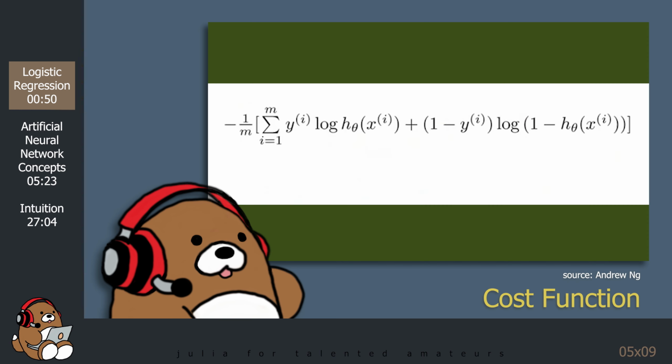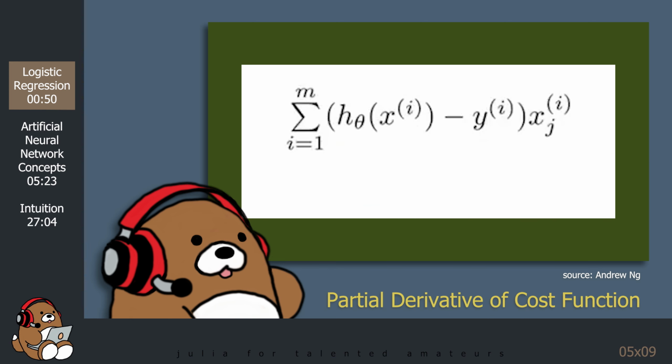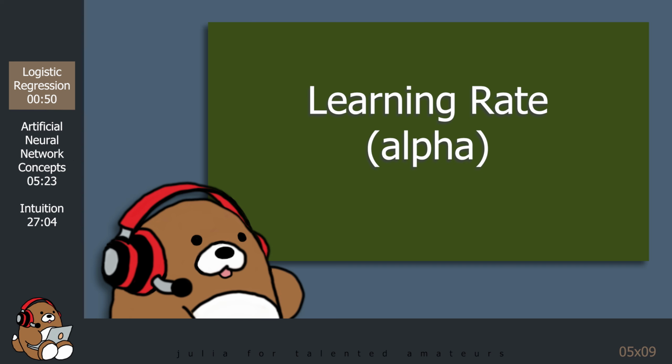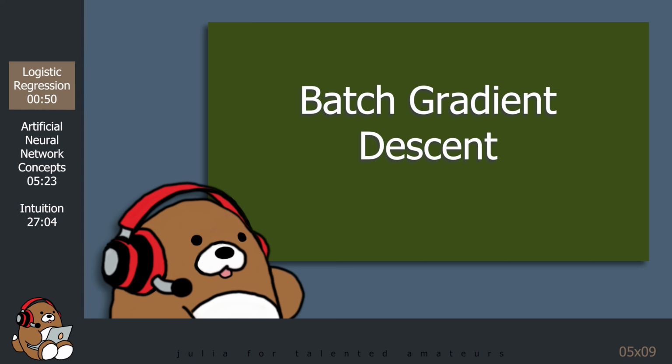In order to change the values of the parameters, we first had to define a cost function, and then come up with a method to minimize the value of that cost function. By taking the partial derivative of the cost function, we could determine both the direction and magnitude of the change required to reduce the cost. We also set a learning rate so that the changes made to the parameters weren't too slow or too fast, in order to ensure that our process could locate the minimum value. We call this optimization algorithm batch gradient descent, and we repeated this process using a for loop over multiple epochs.